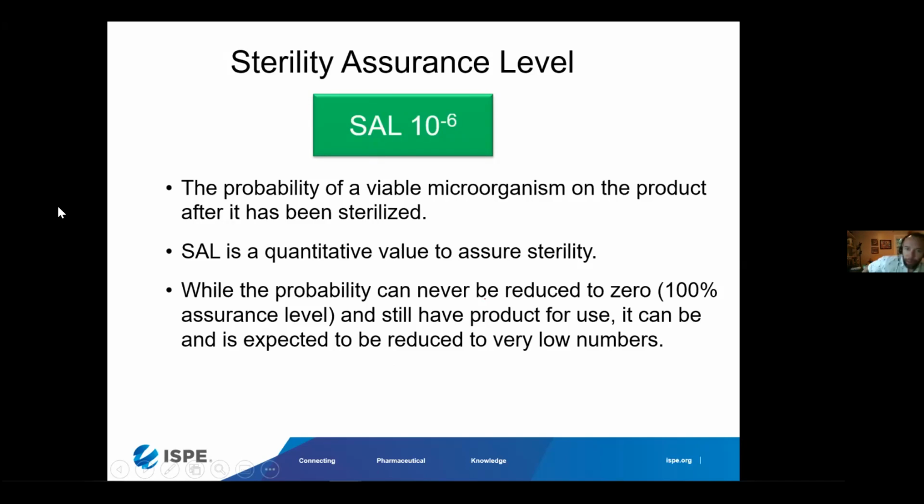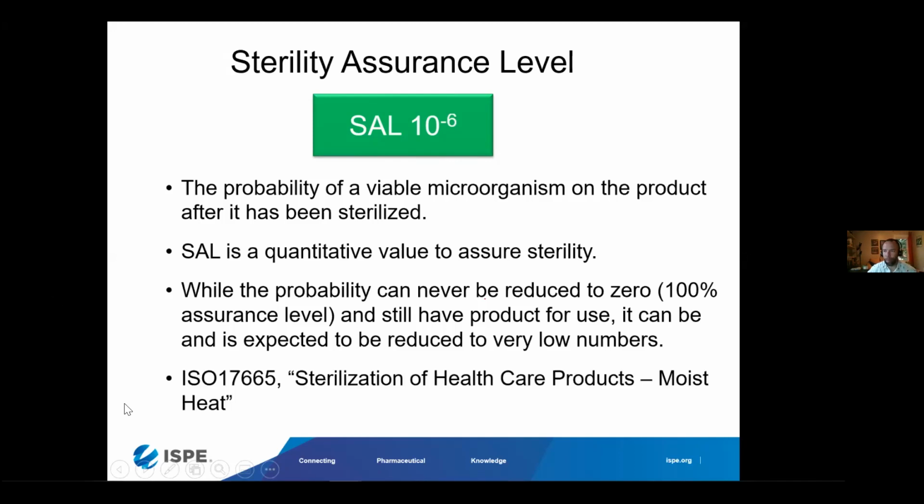So I have a few examples here with regards to these expectations. The sterility assurance level I mentioned is at least 10 to the minus 6 demonstration through the PQ. That is less than 1 in 1 million chance of a non-sterile unit at the end of the validation cycle. This is an expectation from the ISO 17665. So this is a very good international standard that I need to point out. This is really where all of our criteria are coming from,